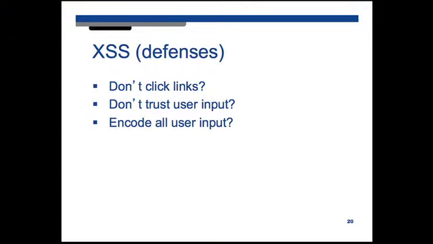So what's the key takeaway here? How do you protect yourself against XSS? Jack? Escape your variables. It really is as simple as that, right? The alternative is don't click links, but that's not going to happen. Users are going to do that. And it doesn't even matter if they click because they can just use an image tag to trick them. Don't trust user input, so that's a given, right?